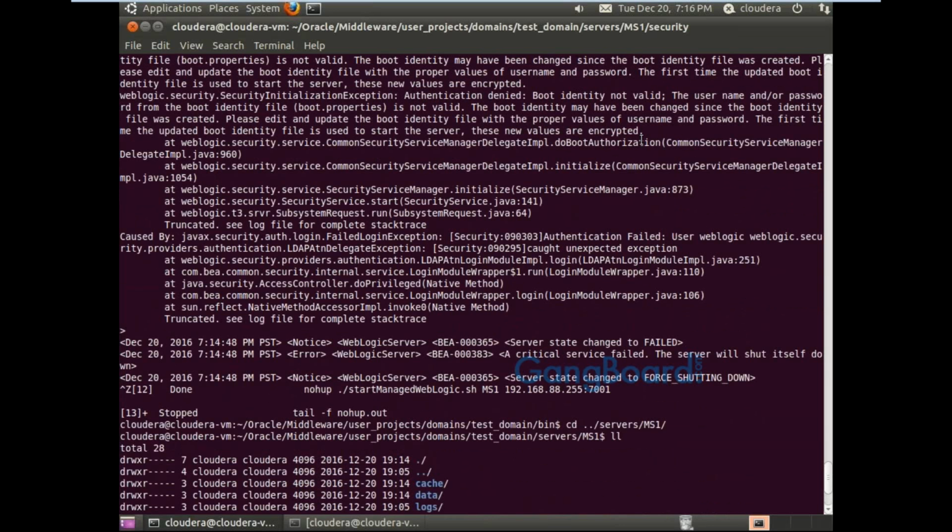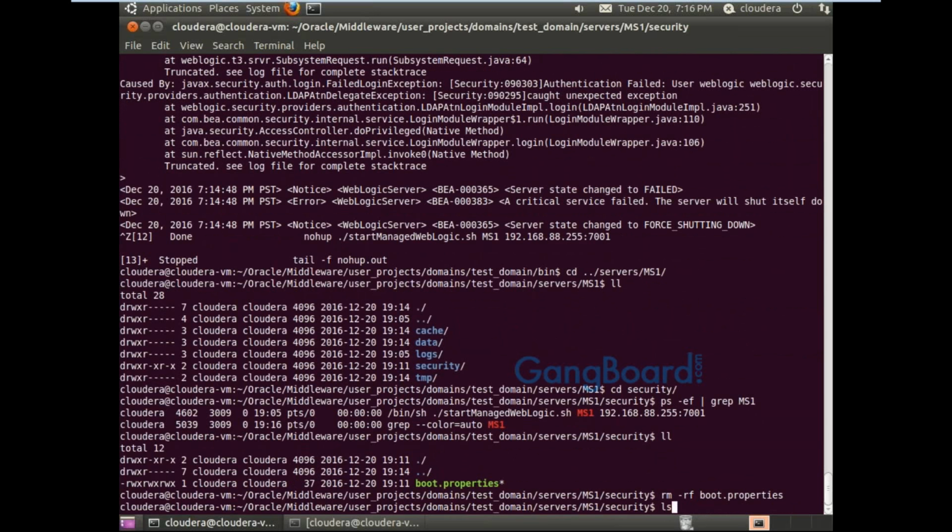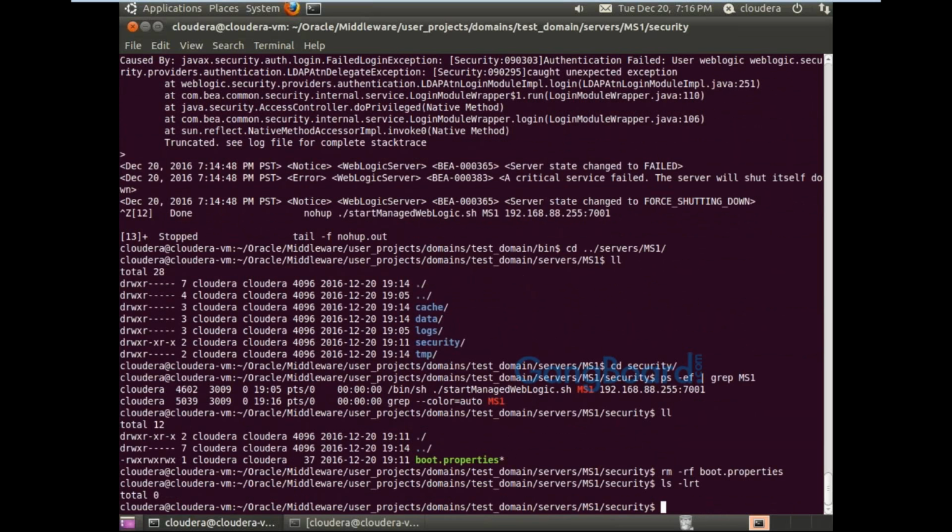Authentication denied, boot identity not valid. So I think there might be some problem with the boot.properties. I have deleted the file, then I will create the file again.